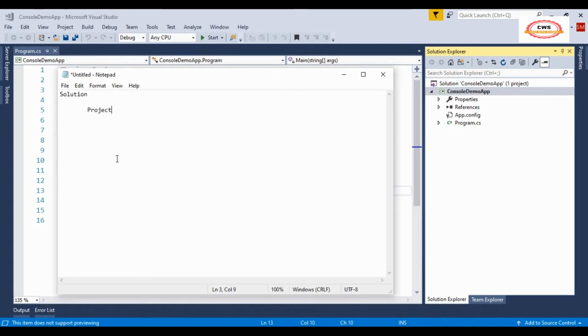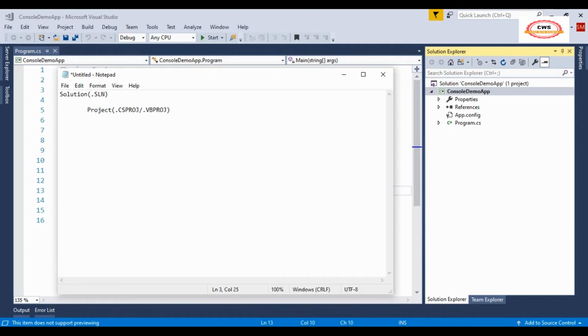The solution basically has the extension .sln, and the projects have the extension .csproj, or if you are using VB as your programming language, then the extension will be .vbproj.